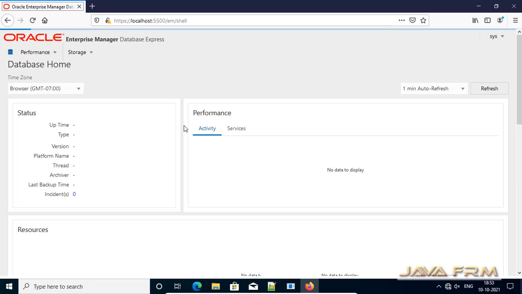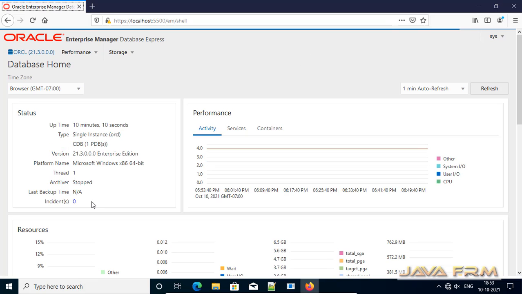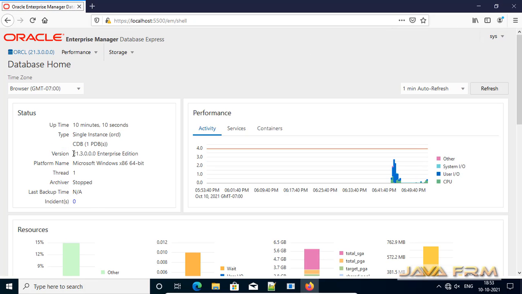So what is the usage of Oracle Enterprise Manager here? This is used to monitor the database, tables, tablespaces, files, everything you can monitor. Performance, SQL query performance, everything you can monitor via Enterprise Manager.